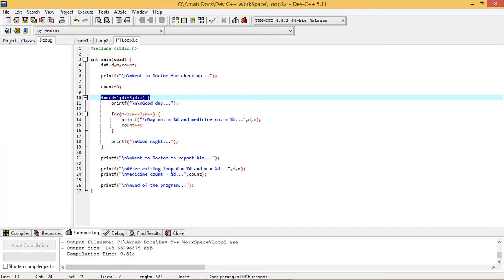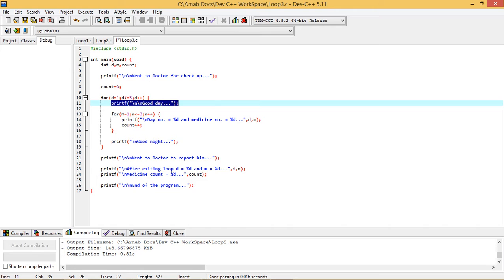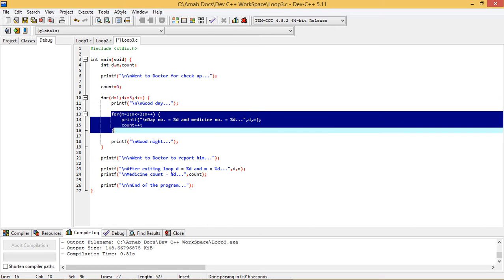So that's why I have written one for loop, that is day is equal to 1, day less than equal to 5, and day plus plus. So d is equal to 1, d less than equal to 5, and d plus plus. Here d stands for a day. So for each and every day for the next 5 days, in the morning I'm saying good day to my family members, and for each and every day the doctor told me to take 3 pieces of a certain medicine